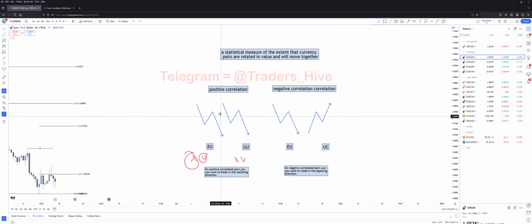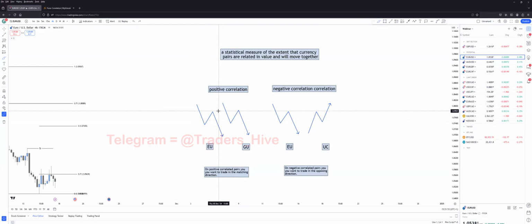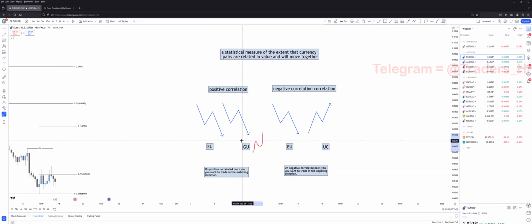So if EU moves down, GU will likely move down also. This is a positive correlation. And on these positively correlated pairs, you want to trade in the matching direction. So if EU moves down, but on the other hand, GU, for example, moves to the upside, you don't want to counter-correlated trade these two pairs, because if you open a short trade on EU, open a long trade on GU,